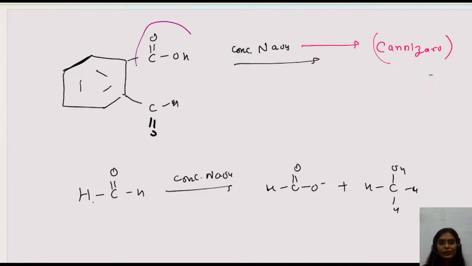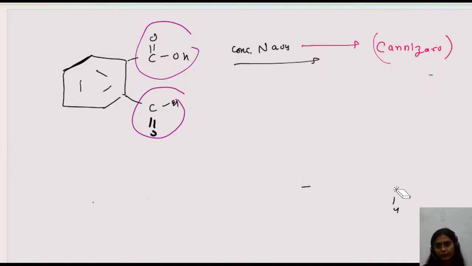So it means that if I have to start with option number one, the acid and this aldehyde, the acid can't react, only the aldehyde has to react. So if we go with the Cannizzaro reaction, only this one is going to participate. So, condition number one. Let me just write both the possible products. I'm erasing this now. So in this case, if you have to go with the Cannizzaro reaction,